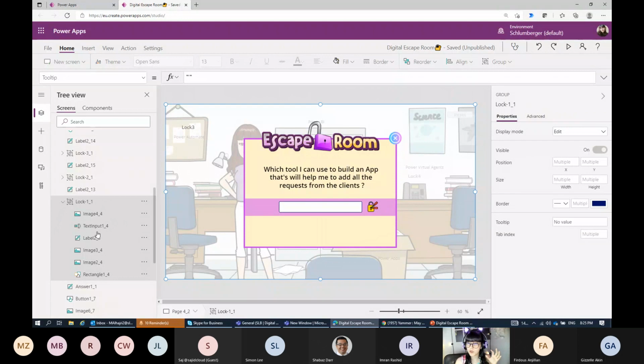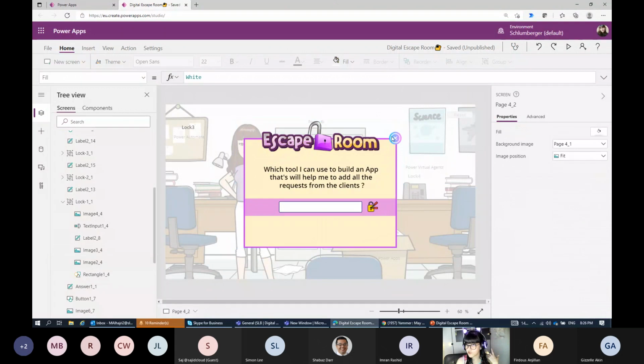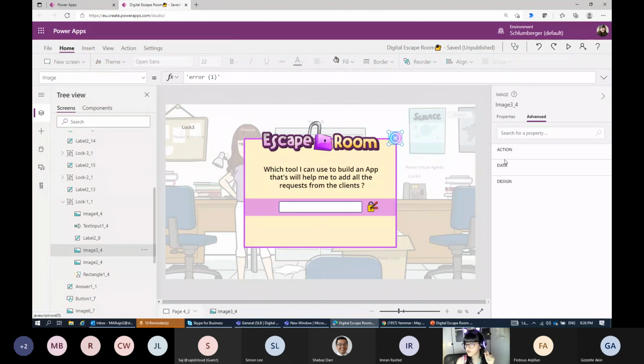So here we go. For the first one, what do I have? I have a rectangle here, and I changed the color. Also, I have this frame, to add my question. A frame, actually, I built it by using PowerPoint. It's something really easy. If you don't want to use this one, you can use any icons that we have. So it's just an image. Even this one, just an image. Also this one, it's just an image, but there is an action here. When the user clicks on it, what kind of action do we have here?